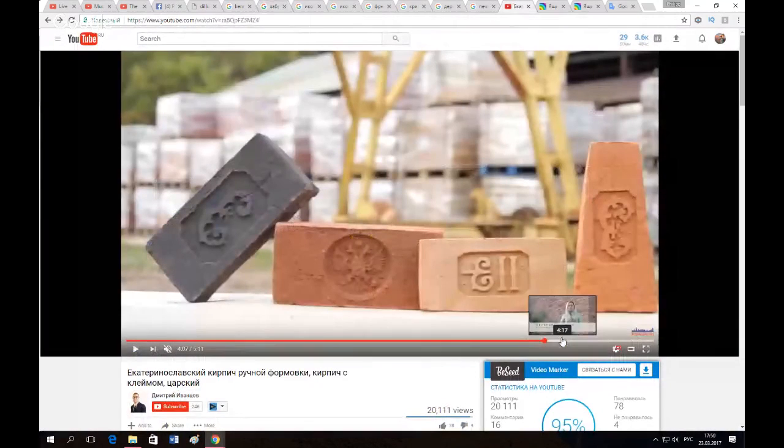Bricks are a very easy thing, as you think, but it's not that easy to transport them, because 1 cubic meter of brick is more than a ton, almost 2 tons of weight. So it's like 1,700 kilograms, almost 2 tons. Just imagine the,